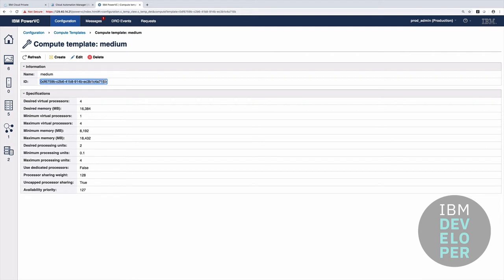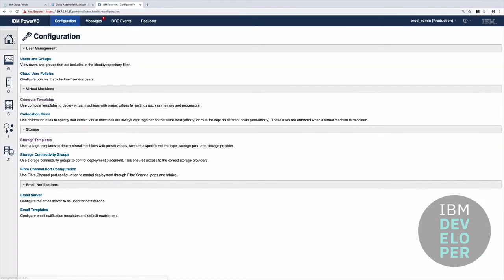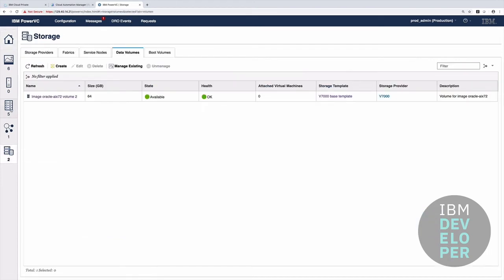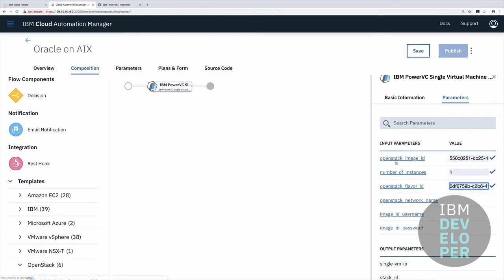I'm going to grab this compute template ID, or again, in OpenStack terminology, this is the flavor ID. I'll come over here, pop that in there. The network name, again, I can just go back to PowerVC. The network name here is static network. So we'll go over here and fill that in, static network. The image ID of